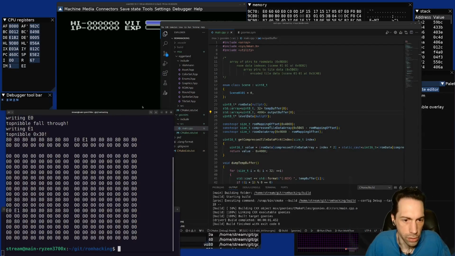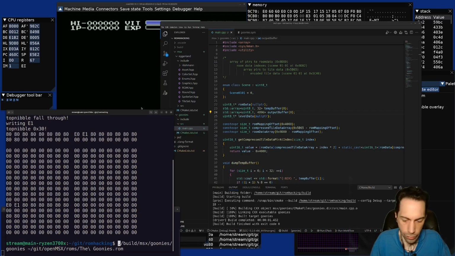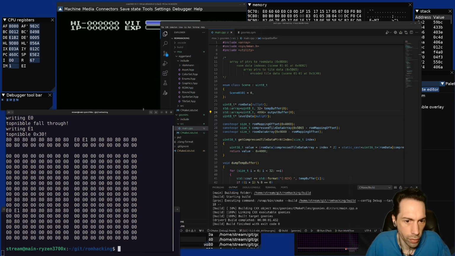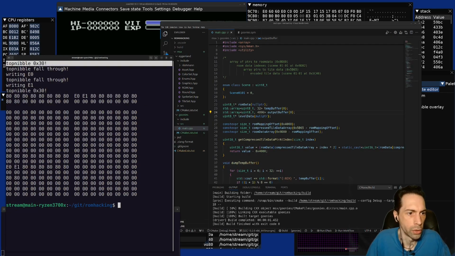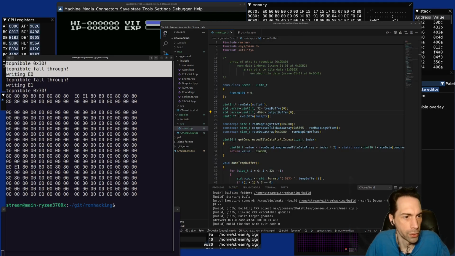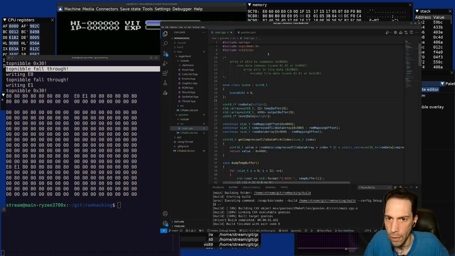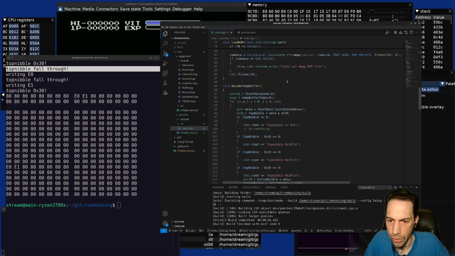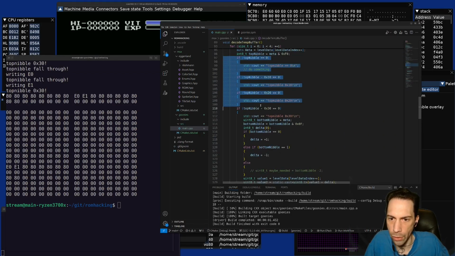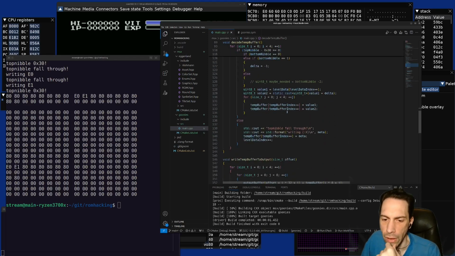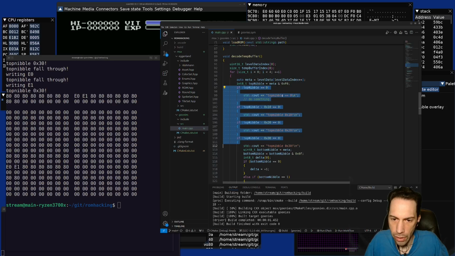Okay, so yeah, we have a top nibble of 0x30, and then we're falling through. So we're interested in the falling through part of it. So that's these if clauses here, right? I mean, it should be else if here because